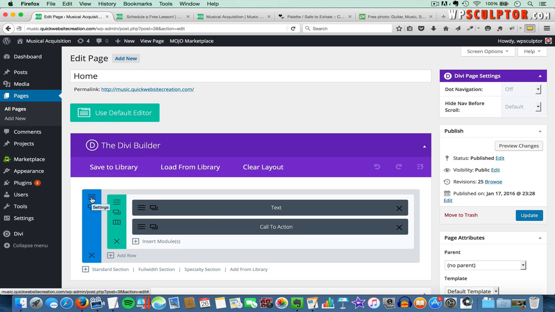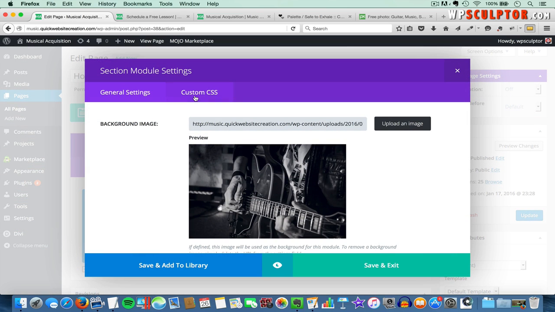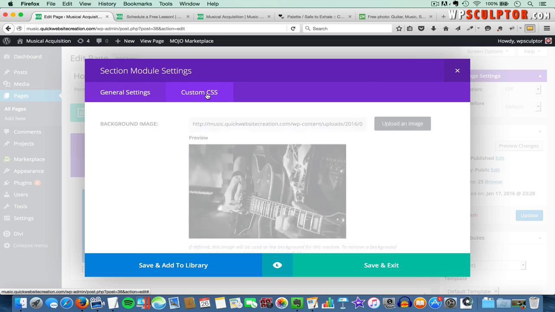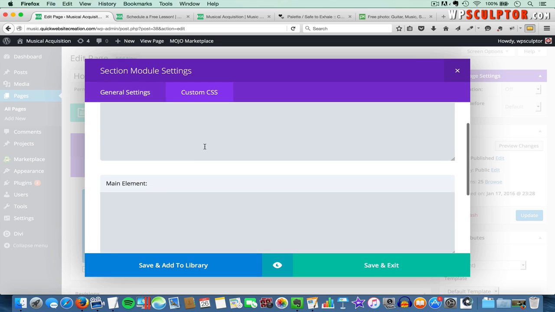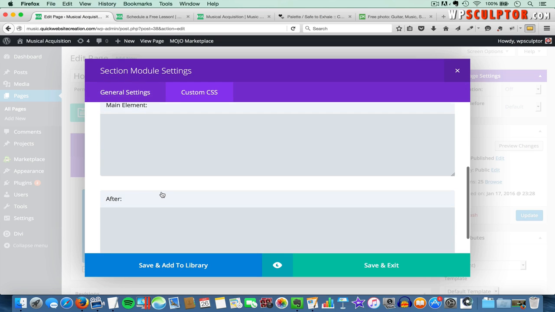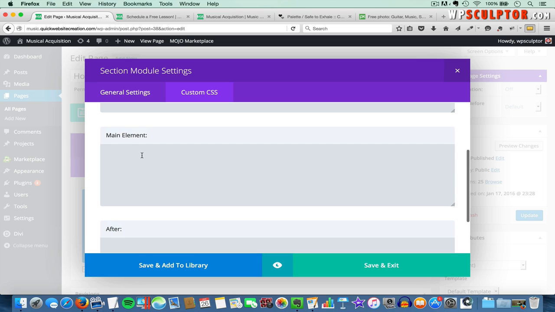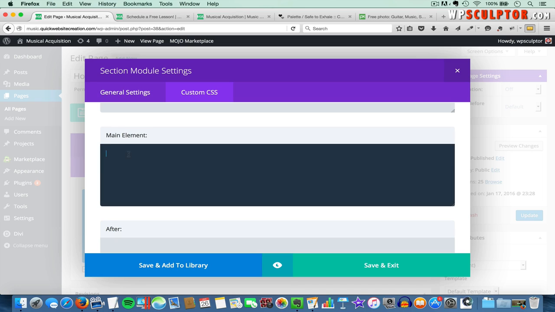Then I'm going to click on the settings button for the section since we want to adjust the section height. So I'll click on that. And then I'm going to switch to custom CSS. And then you have this before, main element, and after. And if I use CSS code, I always use the main element section. So I'll click here. We're going to type in min-height,